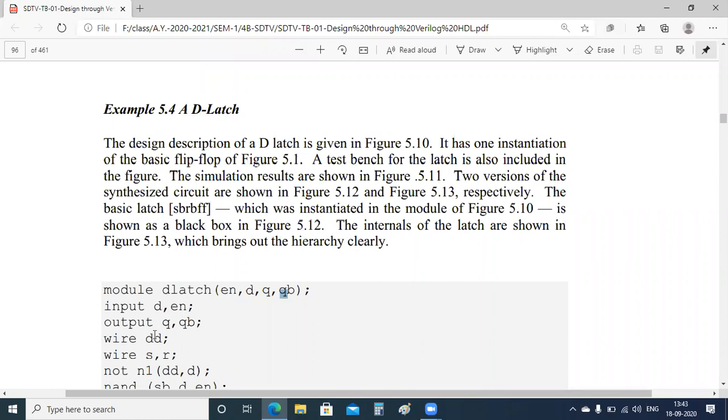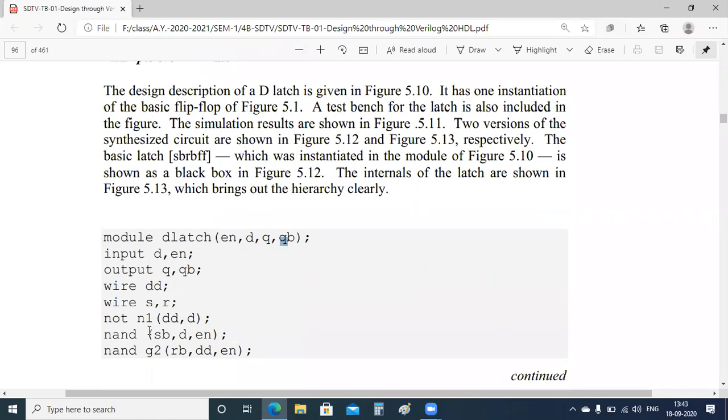And sometimes we require some wires, say DD comma S comma R. So I may have a NOT gate. I can have NOT gate N1. The name of the particular NOT gate I am temporarily calling N1, and my input is D, and it is going to produce an output DD. I'm storing the value I get for the negation of D in a signal called DD.